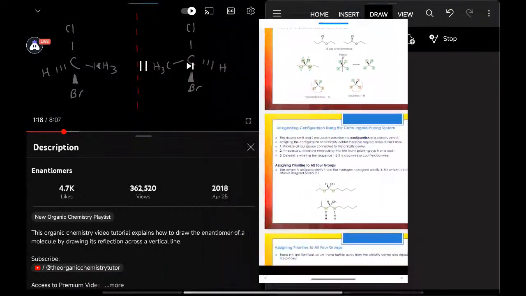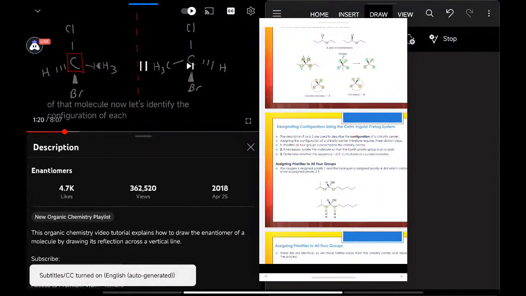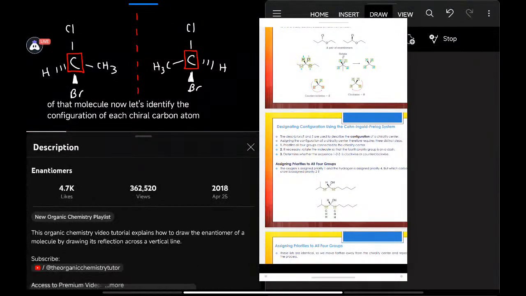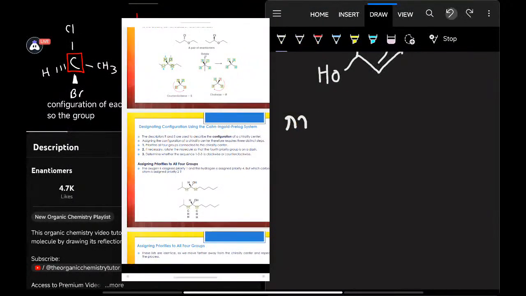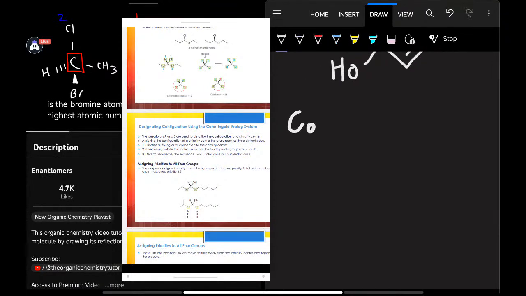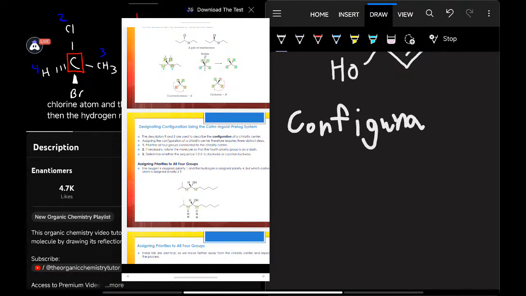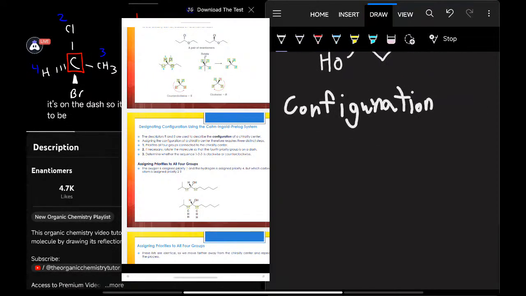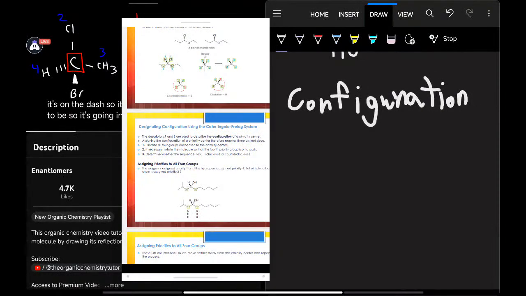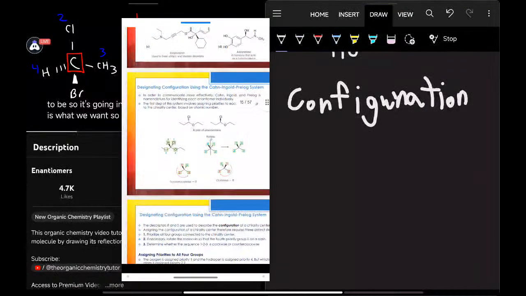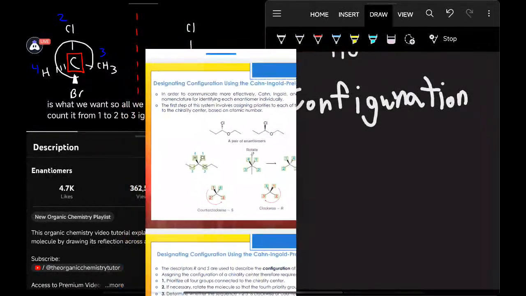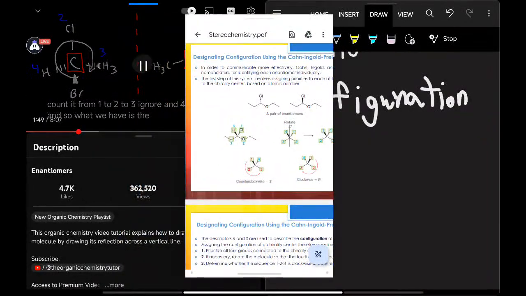Now let's identify the configuration of each chiral carbon atom. So the group with the highest priority is the bromine atom because it has the highest atomic number. And then it's the chlorine atom, and then the methyl group, and then the hydrogen. Now the hydrogen is on the dash, so it's where it needs to be. So it's going into the page, which is what we want. So all we need to do is count it from 1 to 2 to 3, ignoring 4. And so what we have is the R